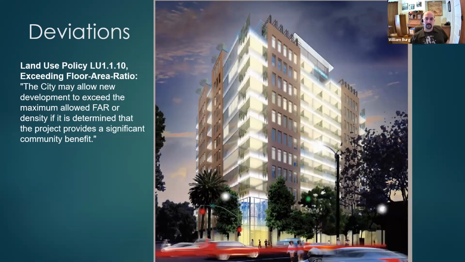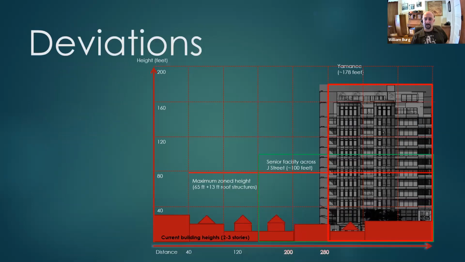This was proposed for an area which had a maximum height of 65 feet. The building was 180 feet, so almost 3 times the maximum height, and it was approved. So what that means, and there was a lawsuit filed against this building, Sacramento Fair Planning versus City of Sacramento, and the lawsuit failed, which means the city won the right to exceed their own maximum heights or their own maximum floor area ratio pretty much wherever they want to.